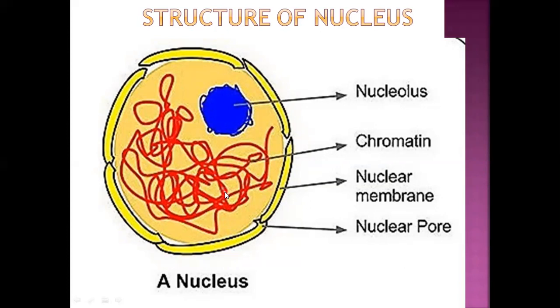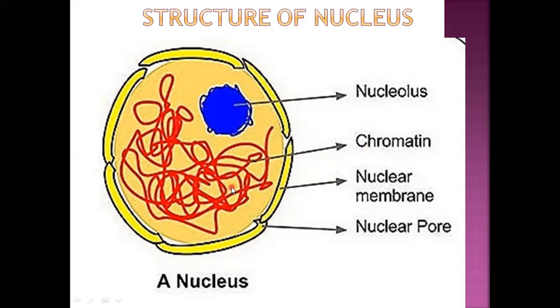So the chromosome number is constant in each and every cell of our body. The chromosomes are present in the nucleoplasm, and when the cell is not dividing, all the 46 chromosomes are entangled together in the form of a network, and this is called chromatin or the chromatin network. So the chromatin network becomes the separate chromosomes at the time of cell division. Chromosomes are made up of DNA, and more about chromosomes and DNA we will learn in another topic. So this is the structure of the nucleus.